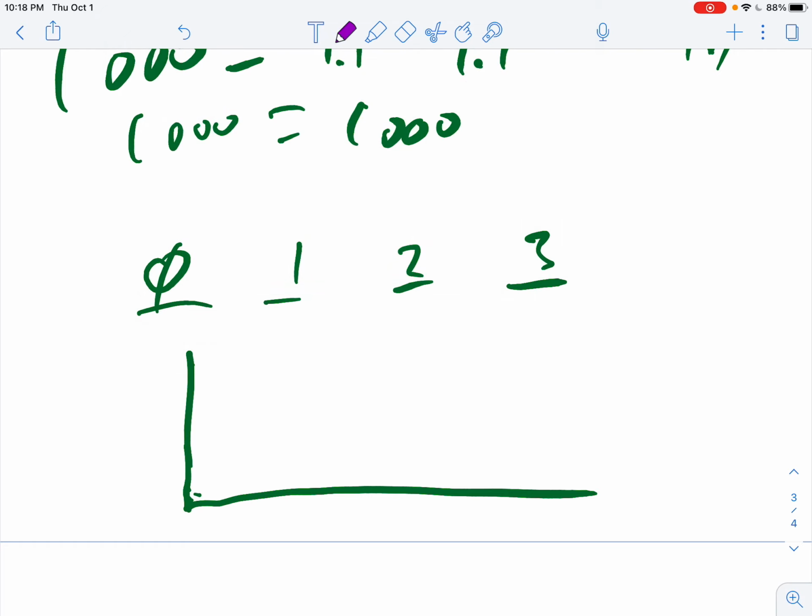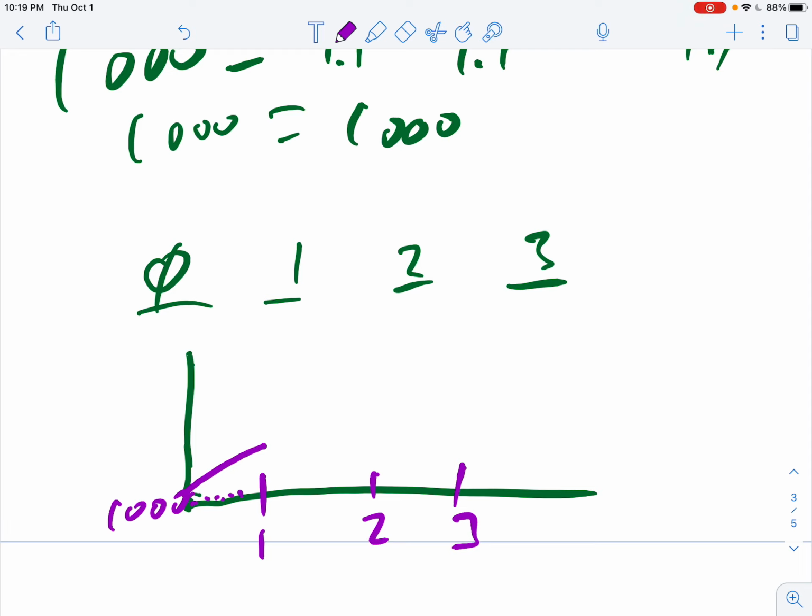Okay, there's date 1, date 2, date 3, and my point here is that if this horizontal line represents 1,000, then the price of the bond, looking at points in time between now and date 1, which is one period from now, the bond price will look like this,